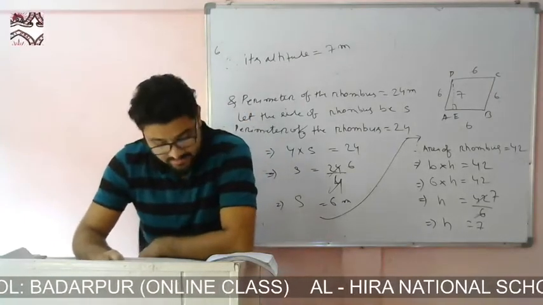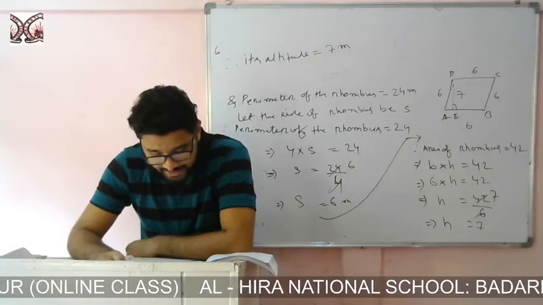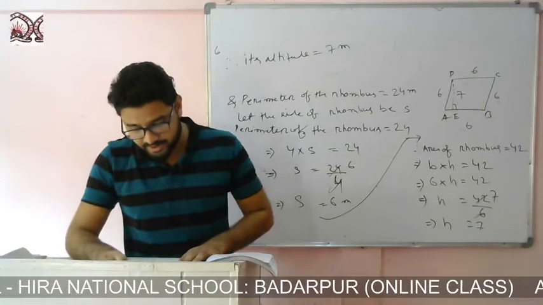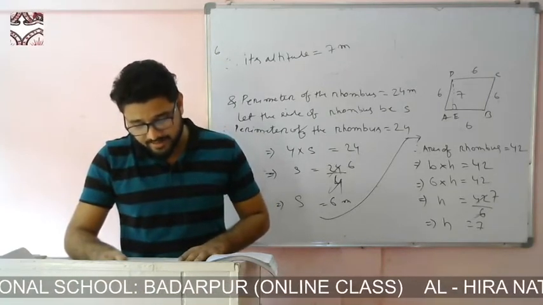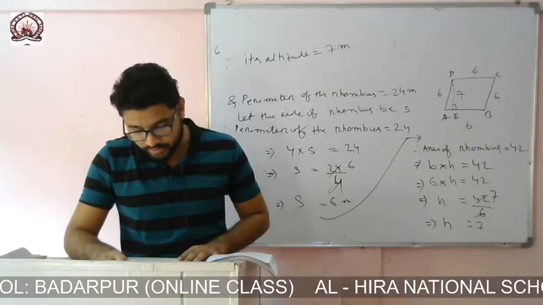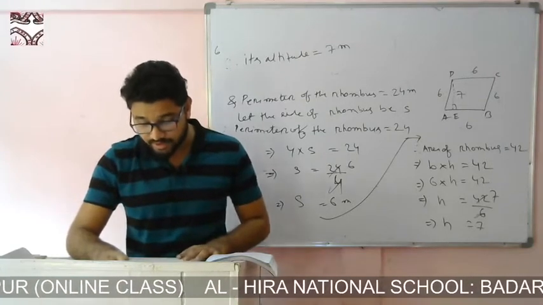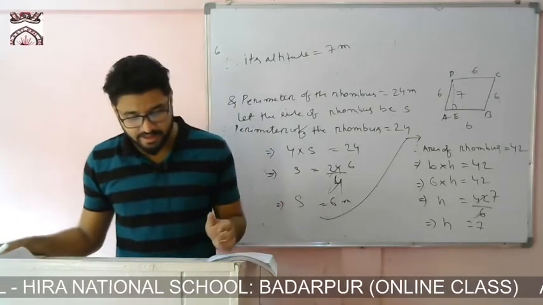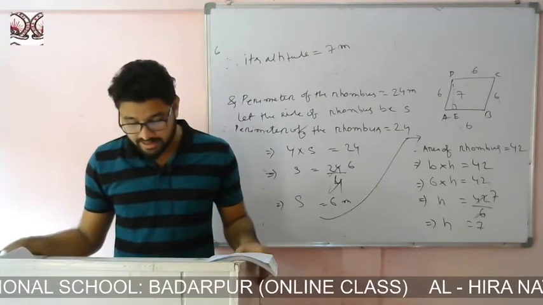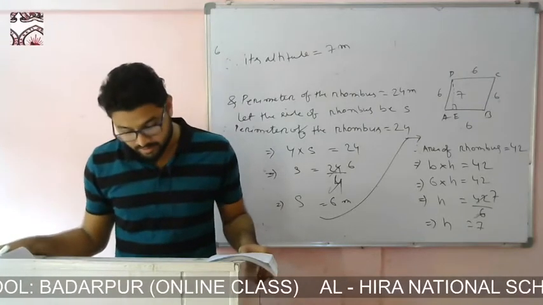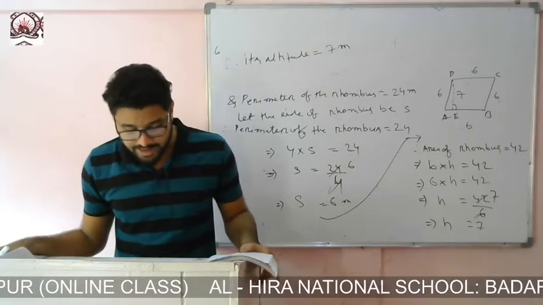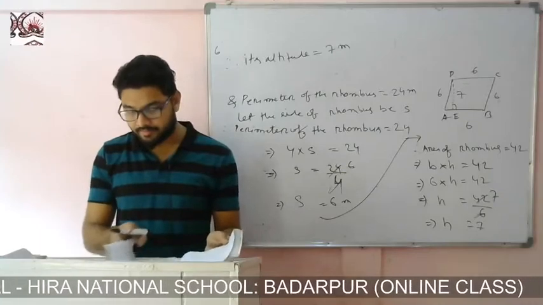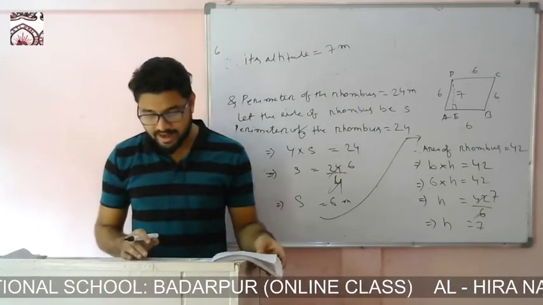Now come to question number 7. AX and CY are the heights of the parallelogram. You see the figure. The parallelogram is ABCD and AX and CY are the heights, whose area is 9 1/3 centimeter square. What are the lengths of XA and CY? XA and AX are the same thing. So you have to find the heights of the parallelogram.